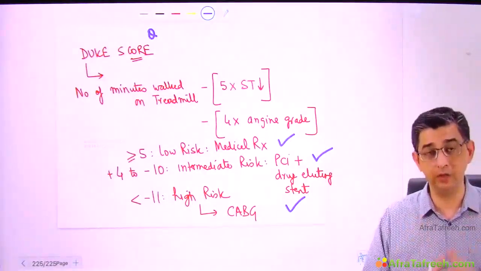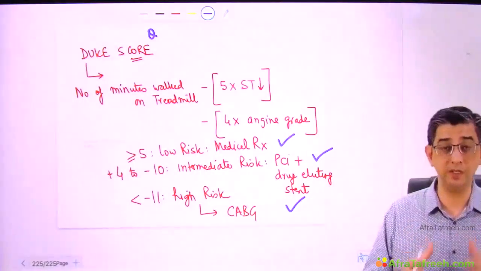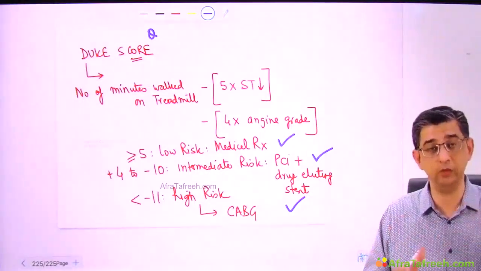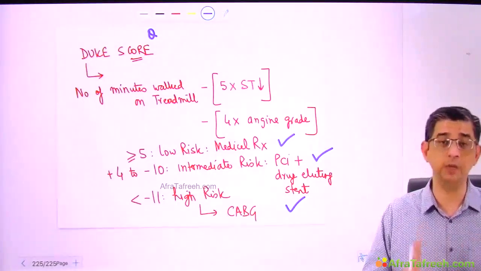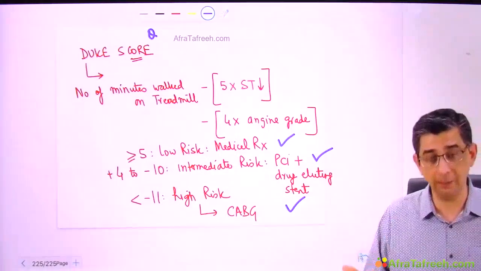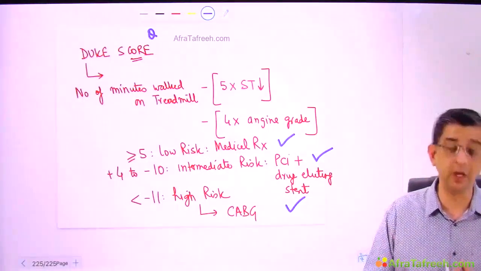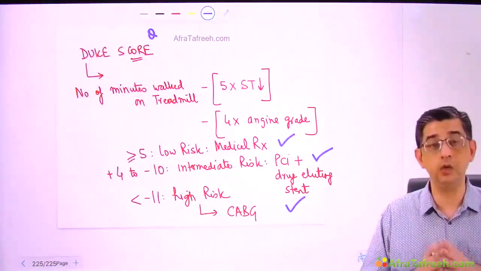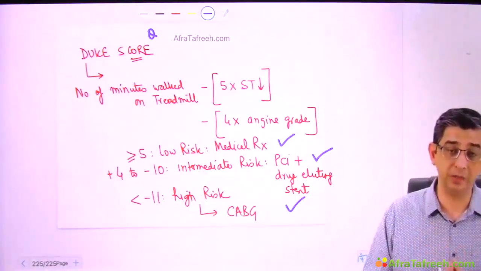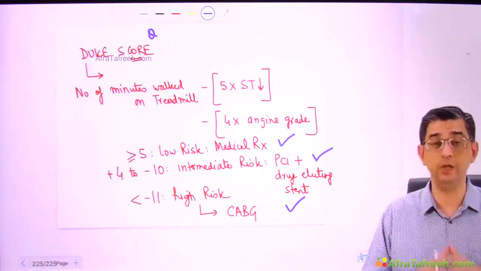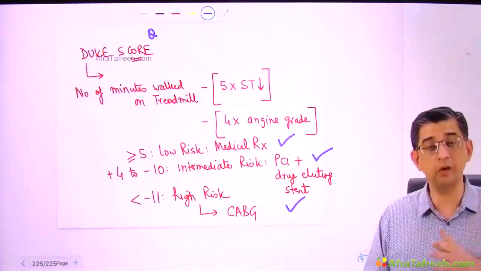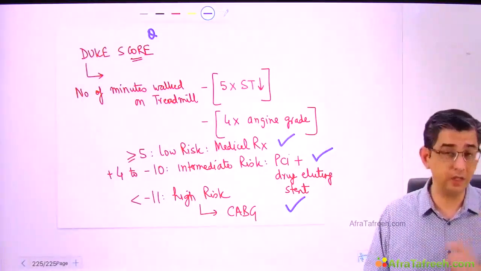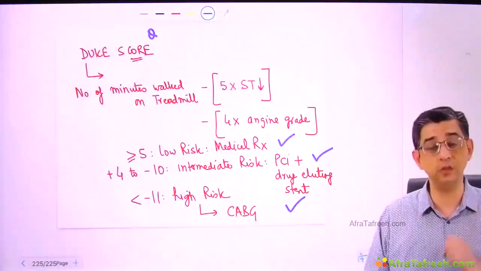And the moment you read this question, because he has described a scenario of morbid obesity, he will obviously give you the weight and height because he expects you to calculate body mass index. If the body mass index is going to be more than 40, that is morbid obesity. In those circumstances, you are not going to advise a treadmill test in the person, but you will have to advise a test where you will not make the person undergo physical stress, but undergo pharmacological stress. And what is the test known as, guys? That is called stress echocardiography.